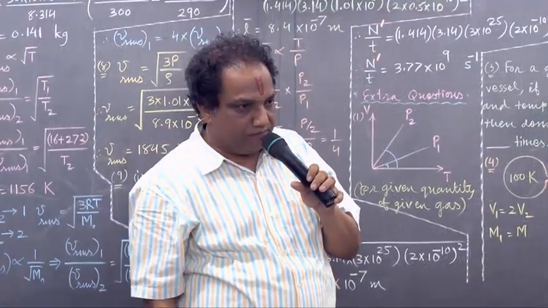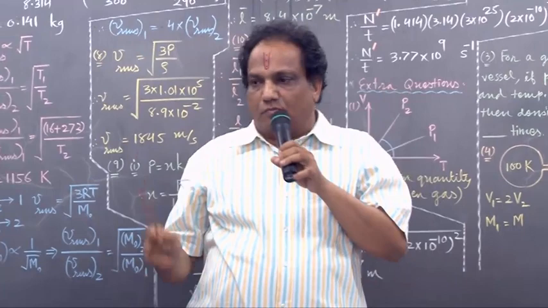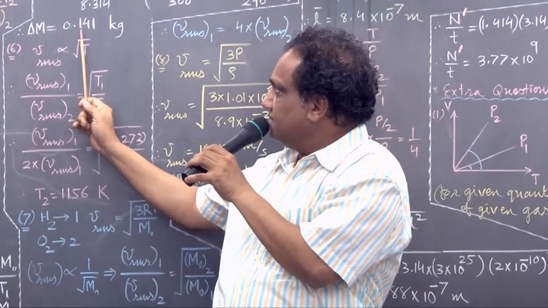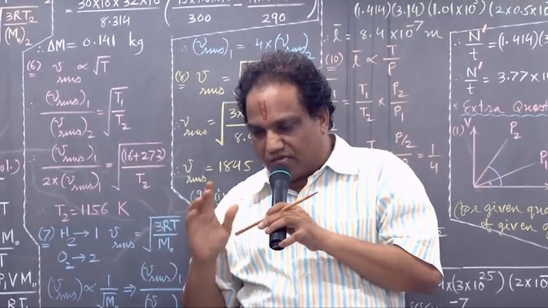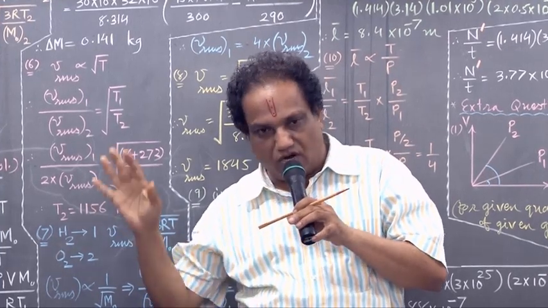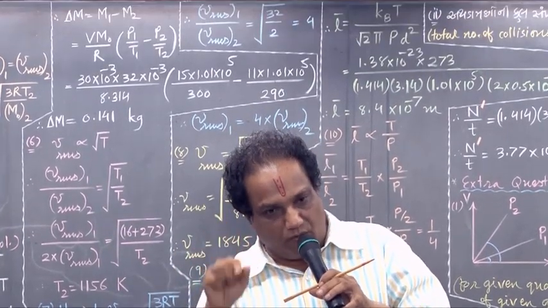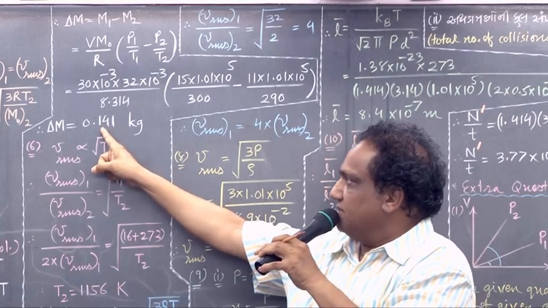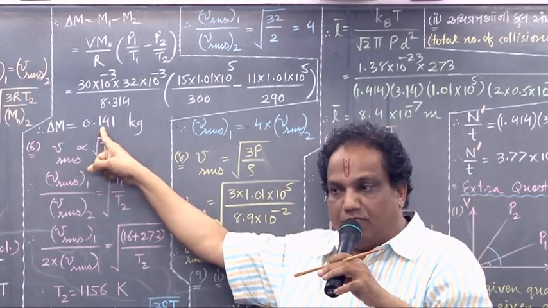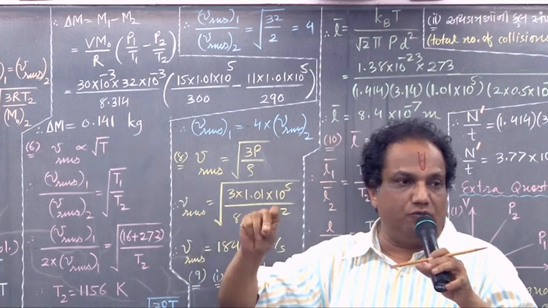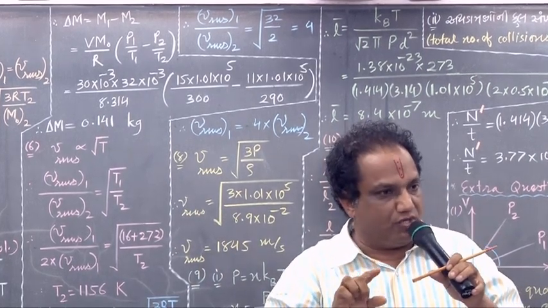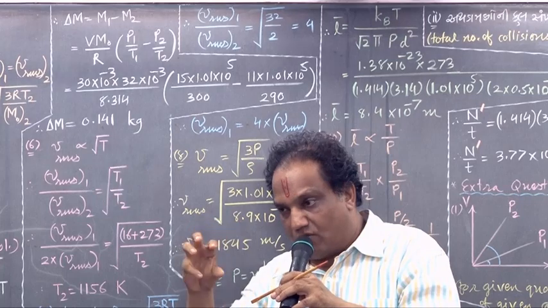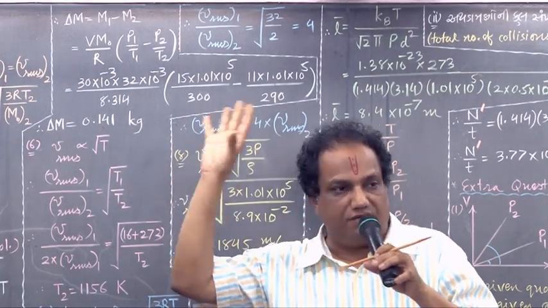Corresponding number of moles: mu equals m upon m0, that is, mass upon molecular weight. So this is the mass that has gone out. Suppose they ask how many moles of oxygen gas have gone out of the cylinder. So mu equals mass upon molecular weight. For oxygen it is 0.032 kilogram per mole, that is 32 gram per mole. When you divide this mass by 0.032, you will get the number of moles of oxygen that has escaped from the cylinder.